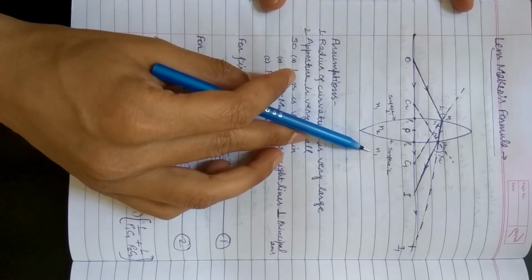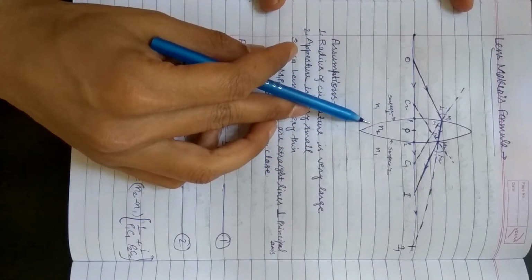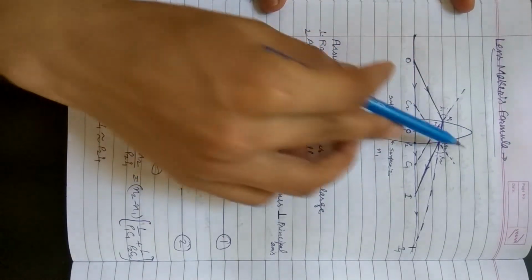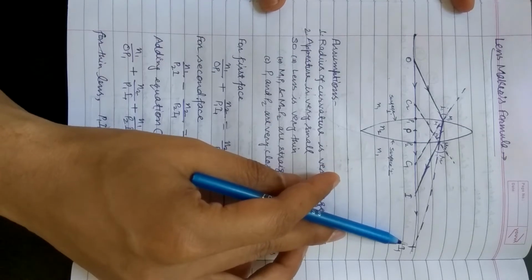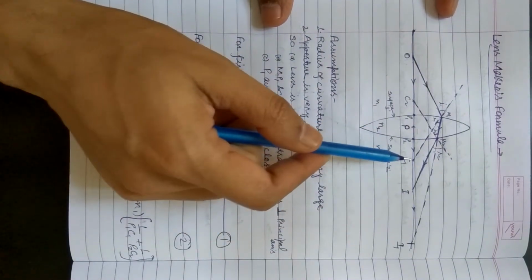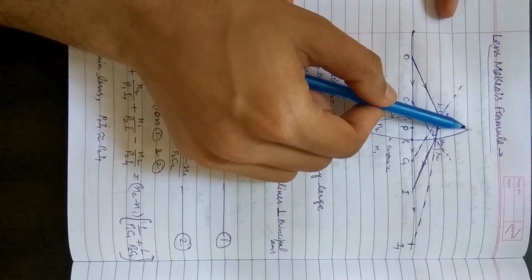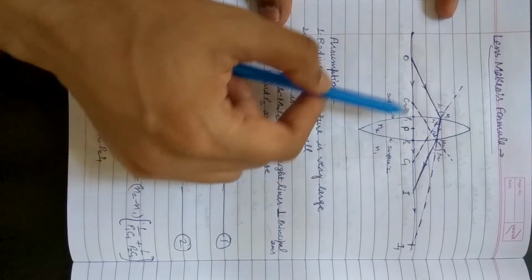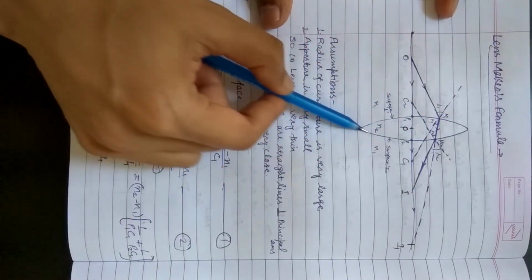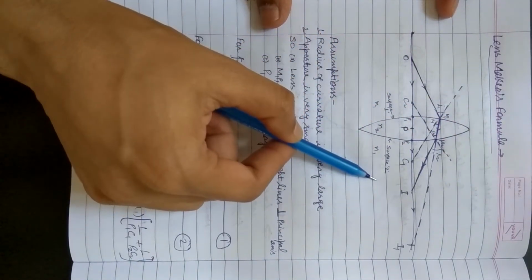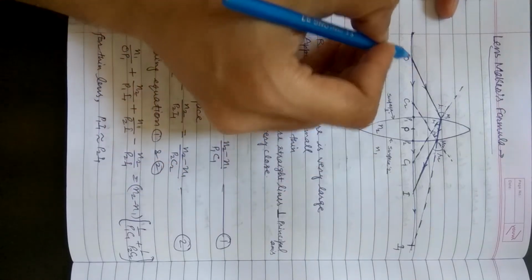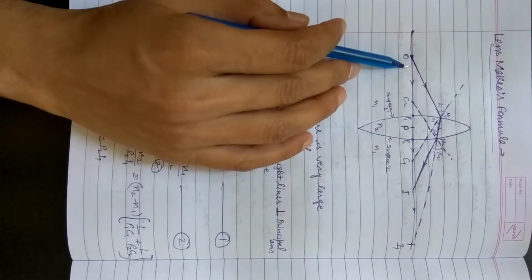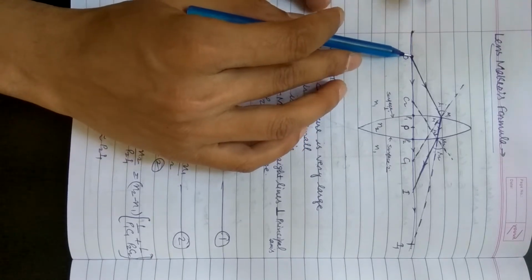First of all, we are considering the ray diagram for deriving this expression. This is a convex lens and it is its principal axis. C1 is the center of curvature of this first face, surface 1, and C2 is the center of curvature of its second surface, surface 2. Suppose this is a point object which is placed on the principal axis of this lens. We are considering two light rays going from this object.